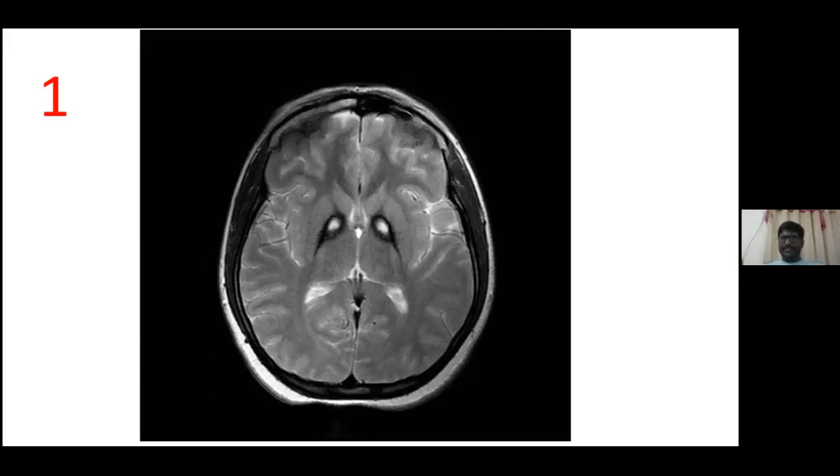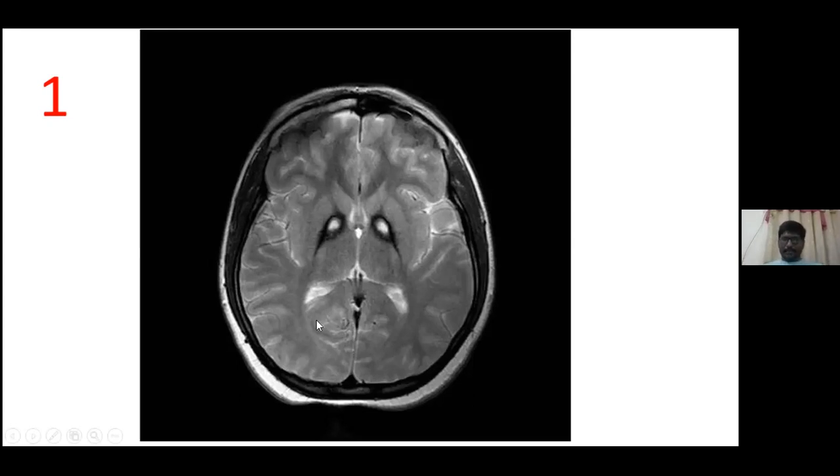And in the FLAIR sequences, the CSF gets suppressed. The moment you see the outer gray matter appears white, the white matter appears gray, and the CSF is dark, that is FLAIR sequence. So if you see in this image, all the CSF spaces are white. So the moment you see the CSF is white, that is T2. Okay. And this is the axial section, and all your outer gray matter appears white and inner white matter appears gray. So this is T2 FLAIR sequence.